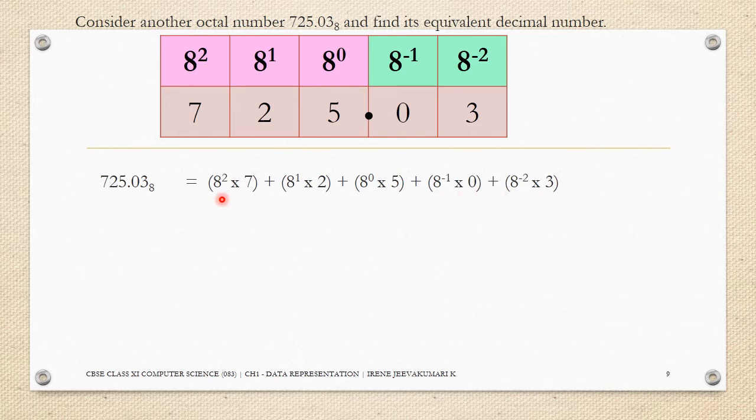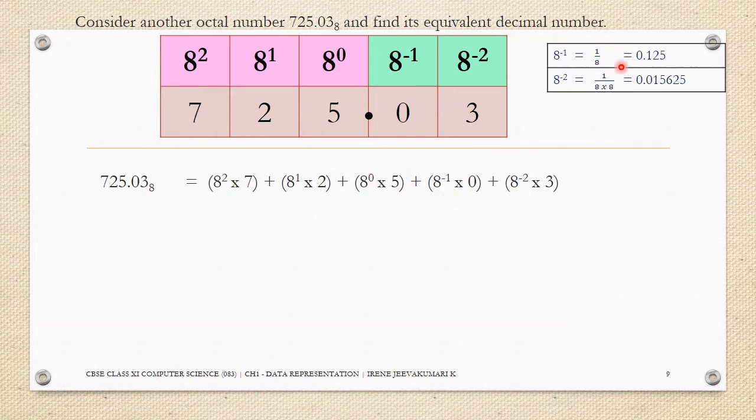So let us evaluate all the exponentiation operators. 8 power 2 will be 64, 8 power 1 will be 8, 8 power 0 will be 1, and 8 power minus 1 will be equivalent to 1 divided by 8, which is also equal to 0.125. And 8 power minus 2 is equivalent to 1 divided by 64, which is also equal to 0.015625. Let us substitute all these values in this expression. So the expression looks like this: 64 into 7 plus 8 into 2 plus 1 into 5 plus 0.125 into 0 plus